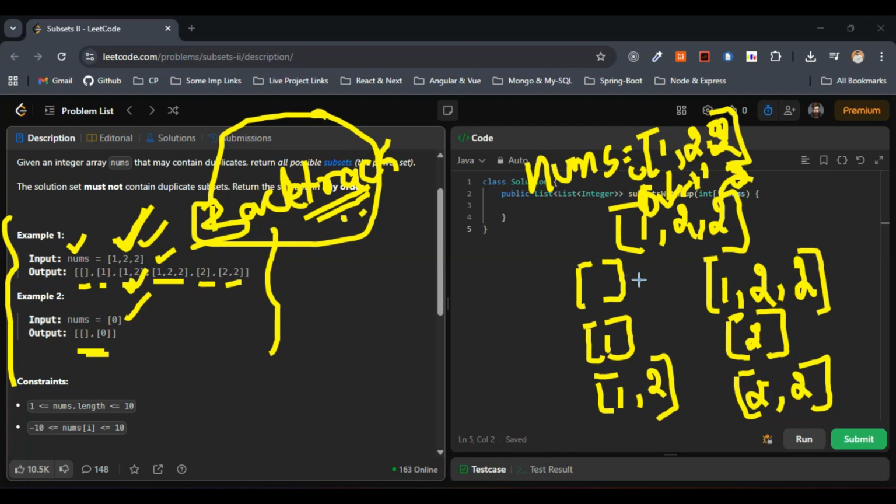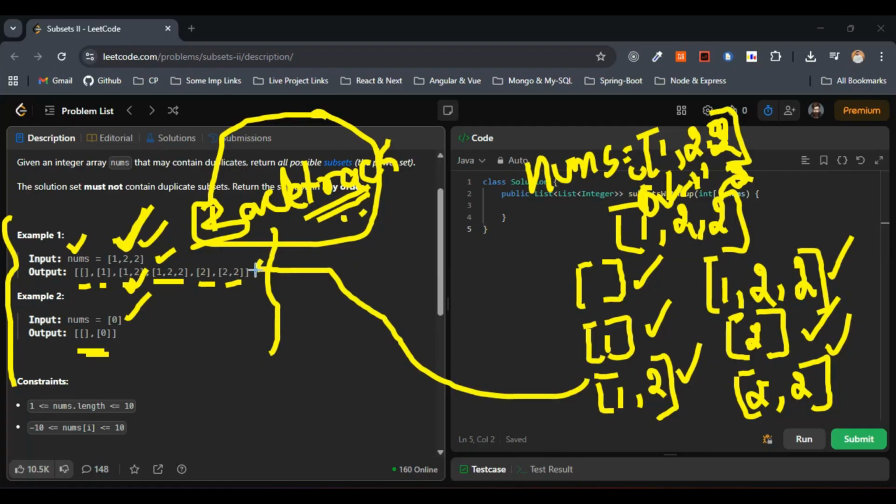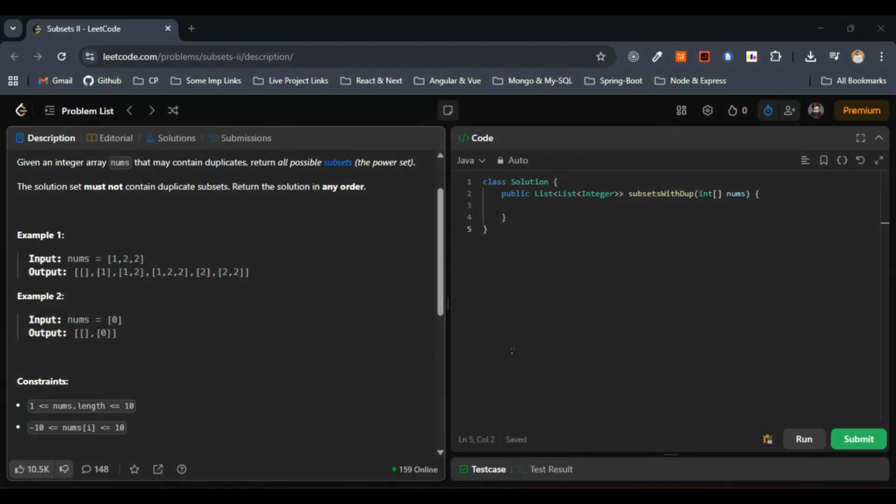So what is the output that we got here? Empty subset, 1, this one 1 2, and this one 1 2 2, 2, and 2 2, right? This is equivalent to the output that they have mentioned for example 1 within the question. Same output: 1, 1 2, 1 2 2, 2, 2 2. So our approach works absolutely correct. The recursive backtracking works correctly. Basically, backtracking is nothing but recursion, pure recursion. So now we got the output equivalent to the output that they have mentioned for the